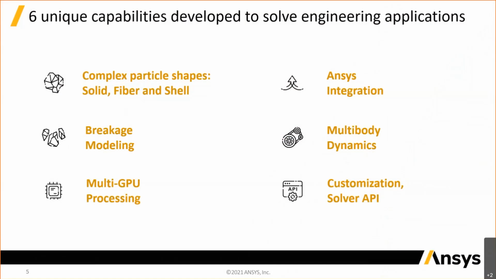this slide. The first of these key differentiators is that we can simulate any particle shapes that we want, taking into account the actual particle shape of the material to be analyzed. We can also use realistic breakage models in Rocky, which allows us to preserve mass and volume of particles with accurate particle shape representation. Rocky also has multi-GPU capabilities, which means that we can simulate large particle counts and complex